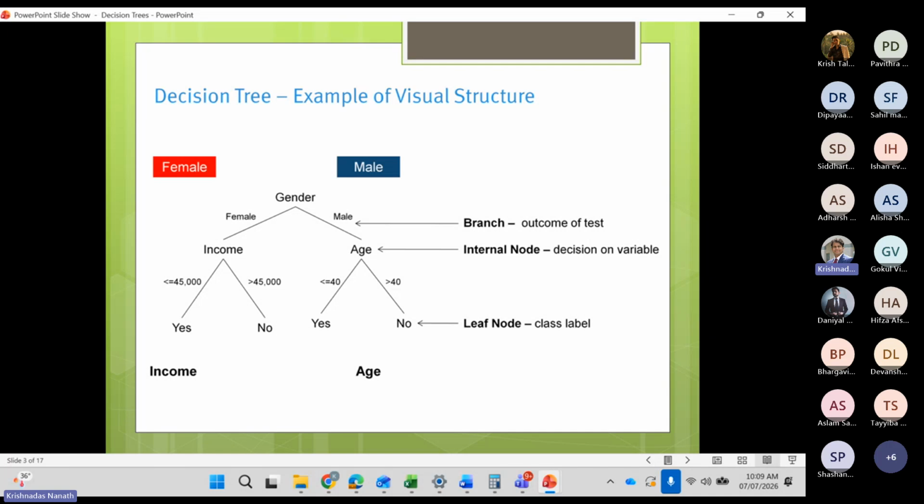It would say the log of odds ratio of someone voting for an election is something times gender plus something times age plus something times income. It will give you a proper equation. You put the gender, the age, the income, and it will give you the probability of someone voting for the election or not. It has learned and expressed in the form of an equation. You put the value of x1, x2, x3, and you get the value of probability of y.